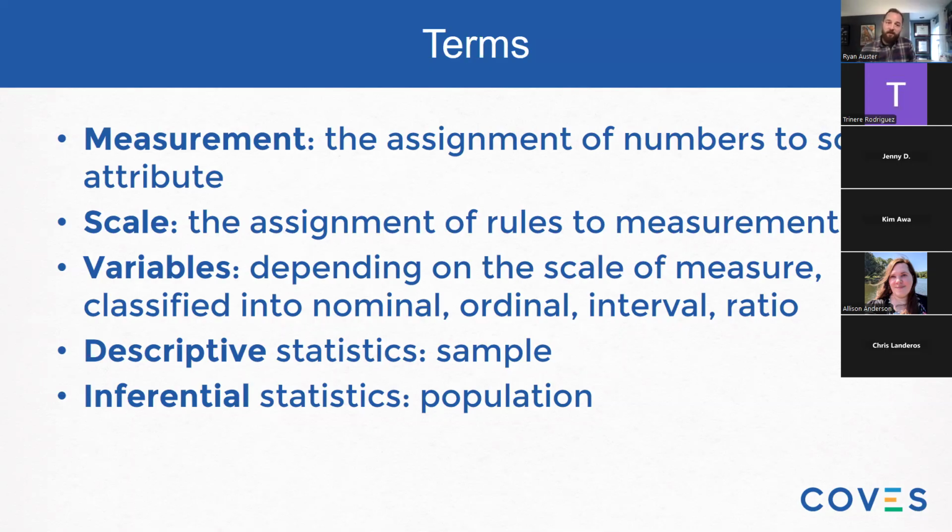There are two important pieces here, though, the descriptive and the inferential. Many of you in the pre-planning survey mentioned moving beyond descriptive statistics, right? Descriptive statistics are the frequencies, the averages, all of the pieces that you use to describe your COVES sample. That's great. The inferential statistics and the inferential testing that we're talking about today is how we move from that sample of data to the larger population. Most of the time, we think about our entire visiting audience. Not all the time, right? But that's generally who we're trying to make inferences about. That is the population of reference that we're really interested in learning about through our sampling procedure.